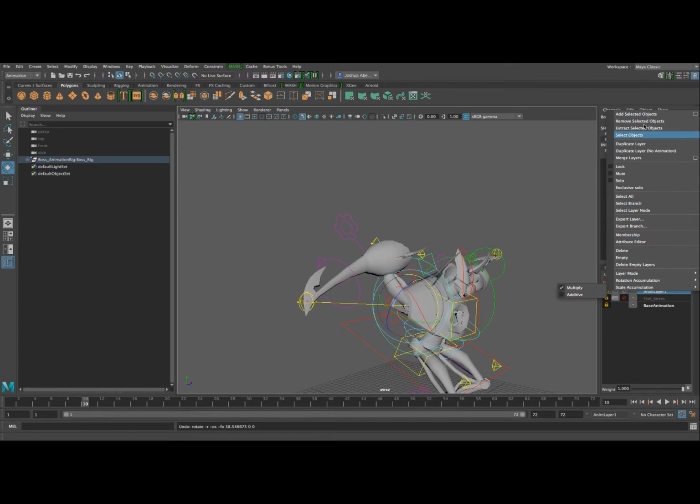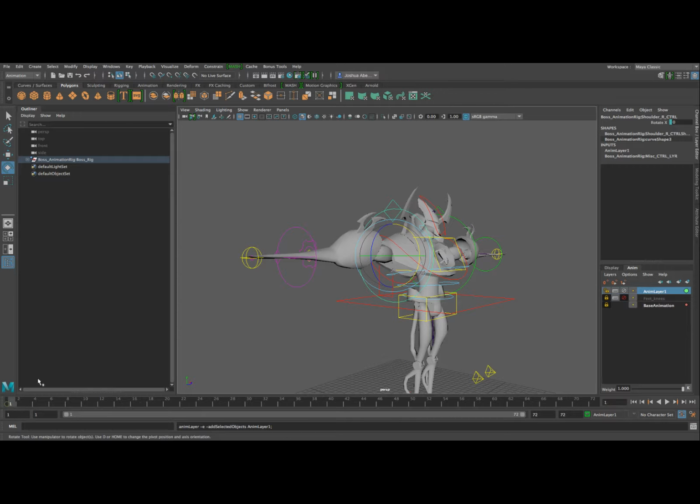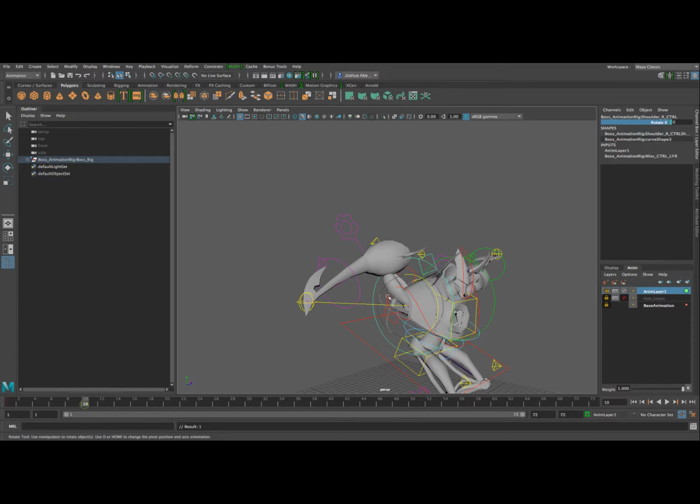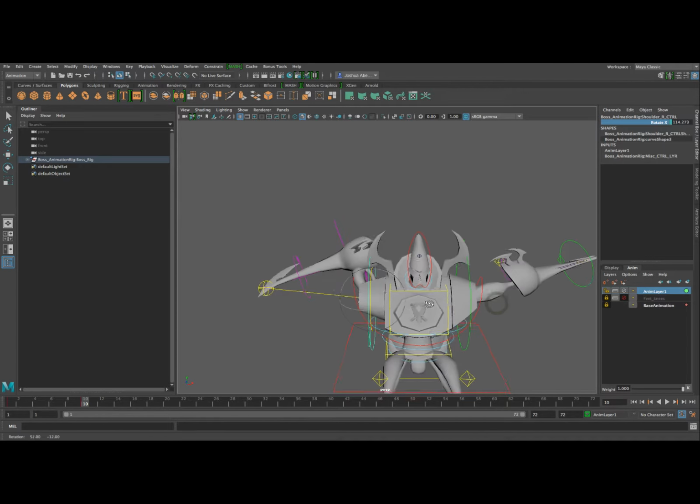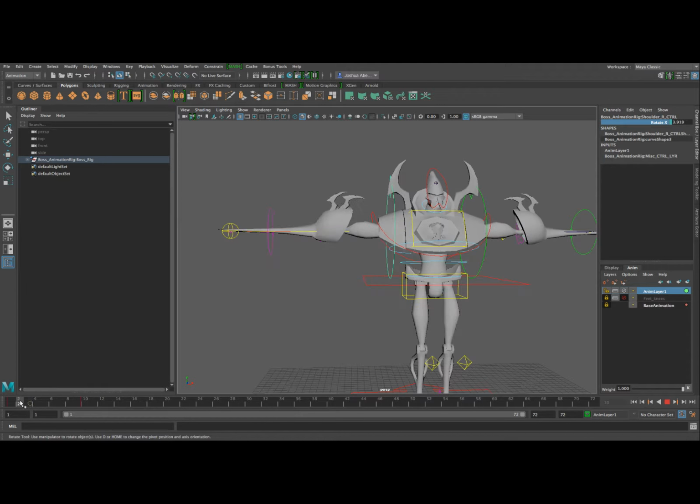So we'll add this one to that layer as well, so that I can key that. And then right here, we'll rotate it down like that. All right, so